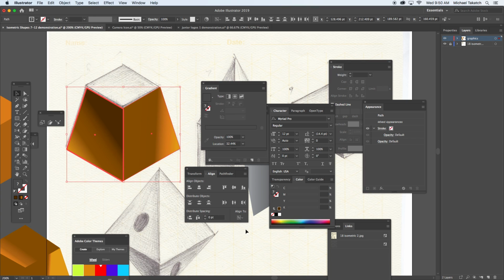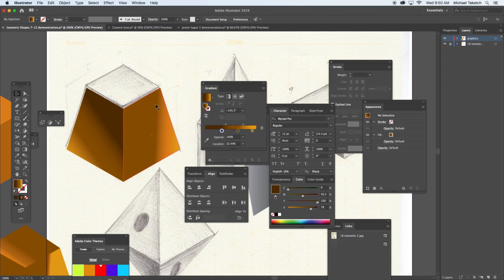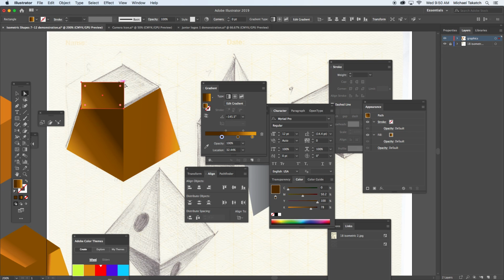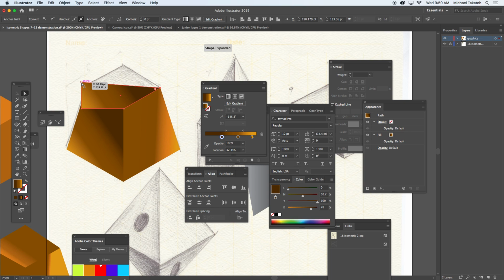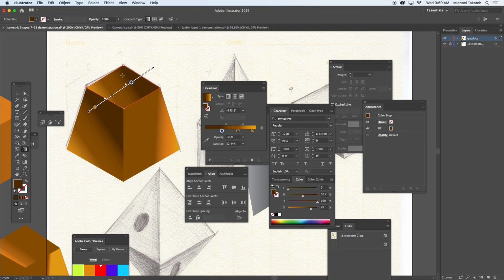Click on here, put it to the key selection. It tells you which one it's going to highlight to, and then it bumps it down to fit right in there. Same with this. You can start off just by making a square. You can place it right into that section, take the direct selection tool, and just make sure that you have this point highlighted, and it allows you just to adjust it. Again, using the pen tool would also be another option, but this one's going to have a little bit more light